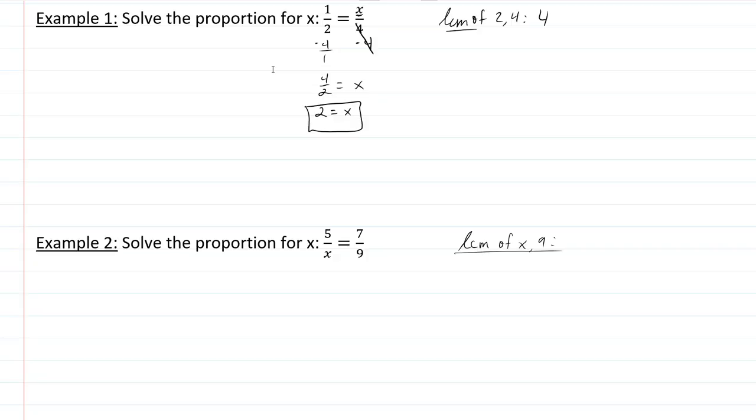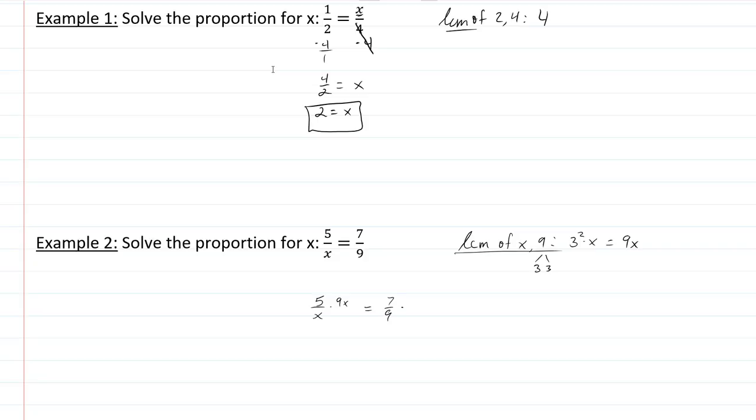So the LCM of x and 9 is found by taking the highest power of each unique factor. So if we factorize this, 9 is 3 and 3, or 3 squared. So the LCM of x and 9 is 3 squared times x, which is just 9x. The LCM comes about from just multiplying the two together. Great. So now I multiply both sides by 9x, so I have 5 over x times 9x